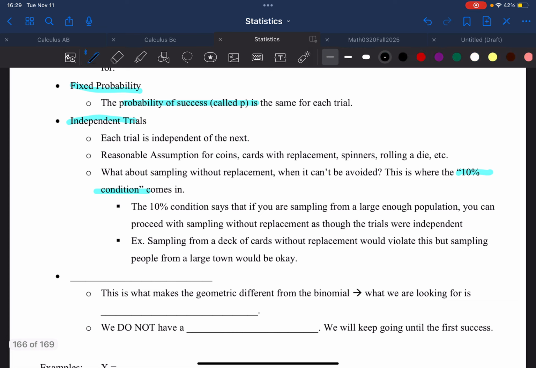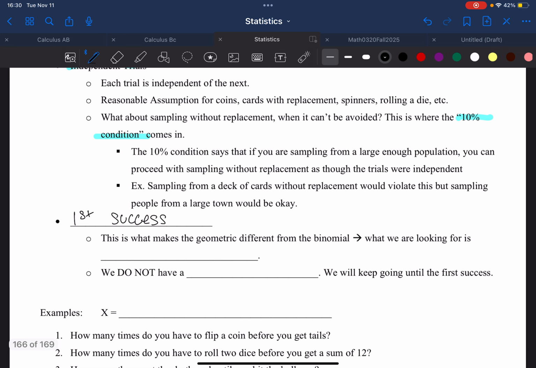What makes this one unique is that the next one is called first success. So instead of having a fixed number of trials, we're going to continue to do these trials until we reach a success. Once we reach a success, then we stop. So that may take 1 trial, 20 trials, 100 trials, however many trials it's going to take us to get a success. So what this means is that what we're looking for